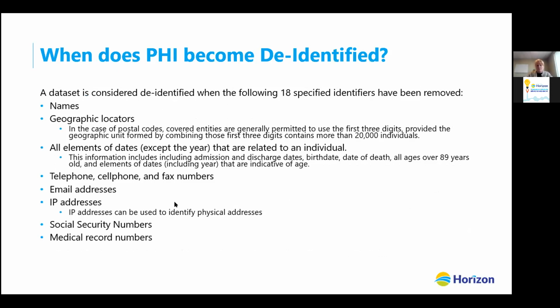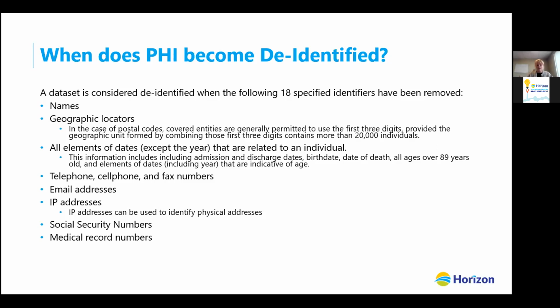So when does personal health information become de-identified? What I'm going to talk about in the next couple of slides, and again, as I mentioned earlier, I'm not an expert in this area, but I just wanted to draw to your attention that there are 18 specified identifiers that are considered to be directly identified. And in order to have your data set completely de-identified, these 18 identifiers need to be removed. And this is called the safe harbor, and it's the HIPAA legislation in the US that uses the safe harbor provision for considering that a data set is completely de-identified.